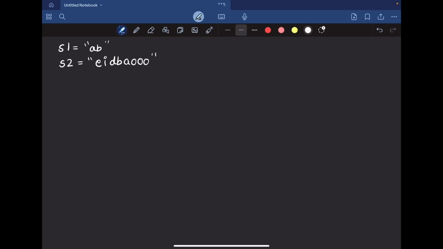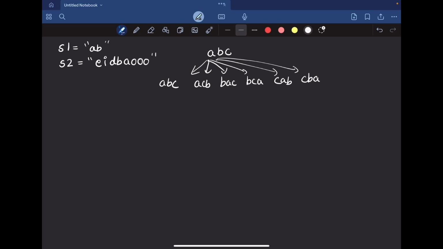Let's suppose I have a string ABC. It has three characters A, B and C. Now these characters' positions can be rearranged to form different strings, right? So for ABC, one arrangement is ABC, another can be ACB, another BAC, next BCA, next CAB, and the next permutation is CBA.